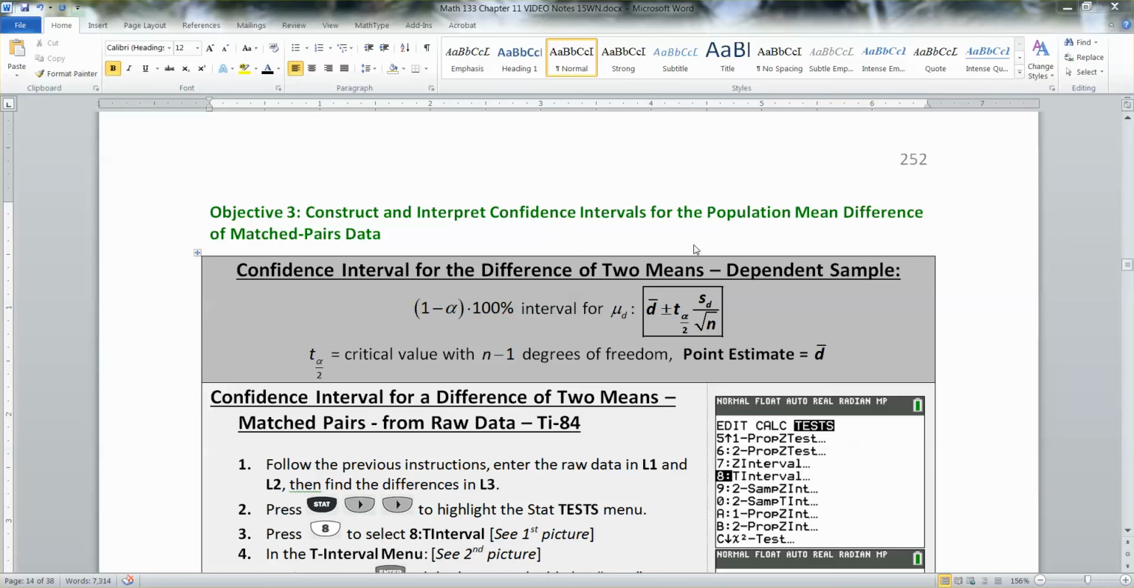Now that we've learned how to conduct hypothesis tests for paired data, it's time to remind ourselves of our old friend, confidence intervals. That's right. We need to make confidence intervals, but this time for paired data. Now, it's been a couple chapters since we've seen confidence intervals, but just remember, you don't have to memorize the